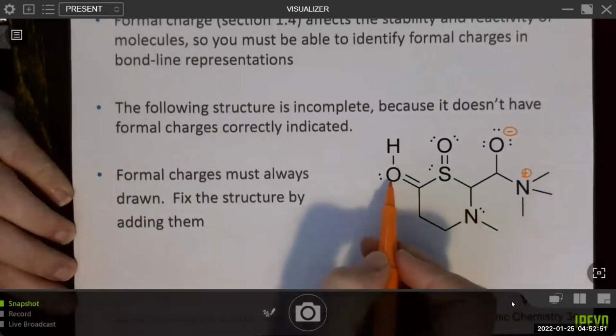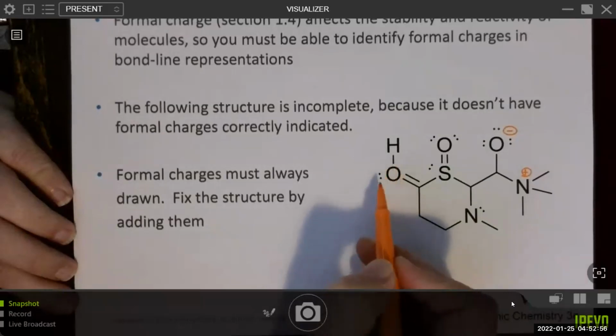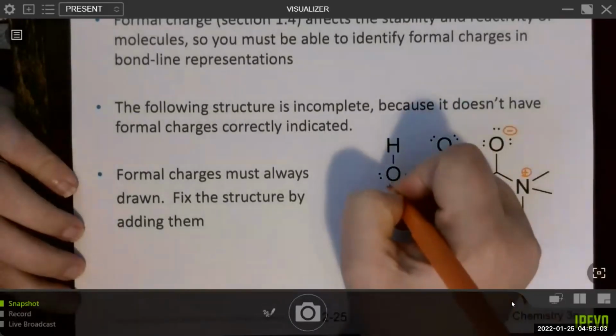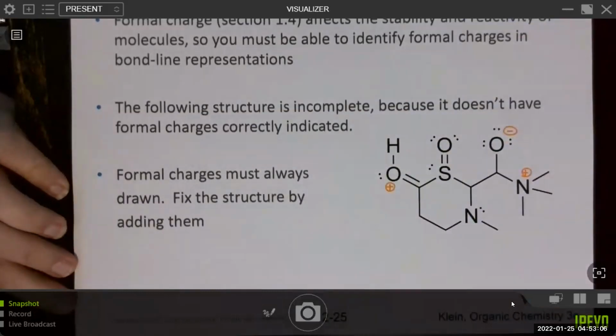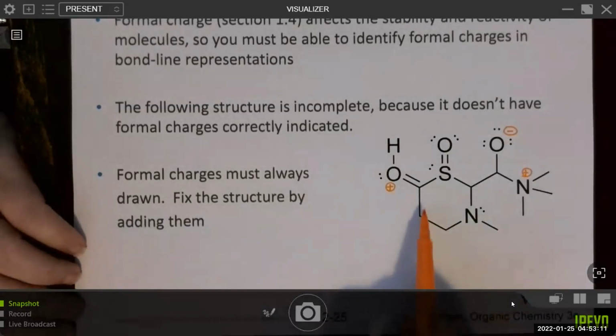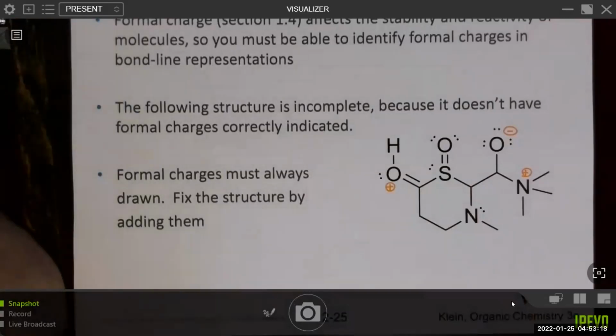What about this oxygen? Normally, again, oxygen makes 2 bonds with 2 lone pairs. So when you see it bonding differently than that, you know there should be a formal charge. The calculation here is 6 minus 5, which equals plus 1. So we put a little plus charge by it. And all the carbons here, because there isn't a formal charge or lone pairs drawn, we can just assume that they are carbons with 4 bonds and no formal charge. And if there isn't 4 bonds already, then they have additional hydrogens bonded.